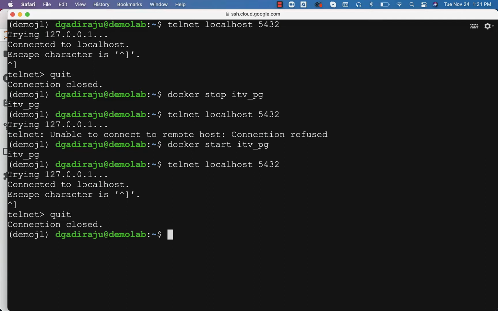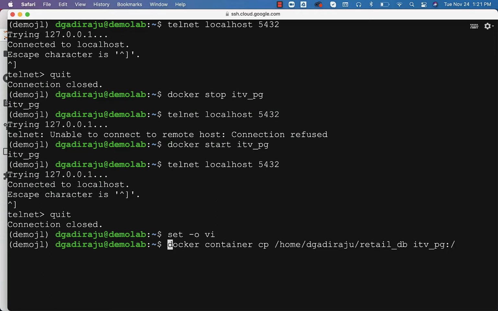Let's review the command which we have used to actually create the container at the beginning so that you understand why we are able to listen on 5432 port when we use telnet when the database is running as part of the Docker container. If you go back to the command, which is nothing but docker container create, this is the command which we have used. Let us go to the create command. This is the create command.